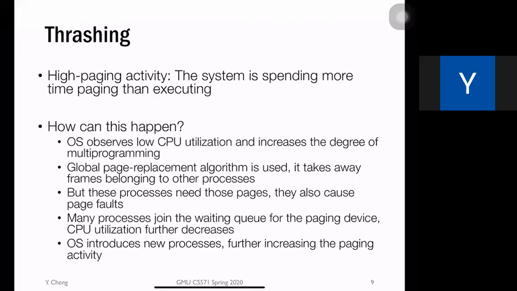So assume we're talking about a multi-program or multi-process operating system where there could be multiple processes concurrently running, sharing the same set of CPU cores, right? At the very beginning, there's only one or two programs running. But the overall objective of the operating system is to improve the CPU utilization. So it keeps admitting more and more programs